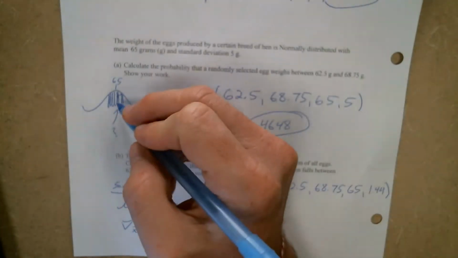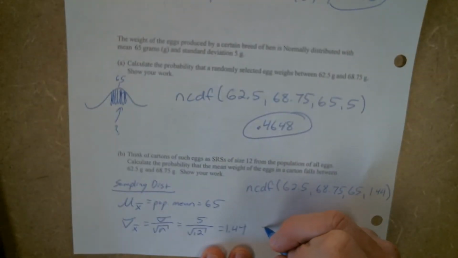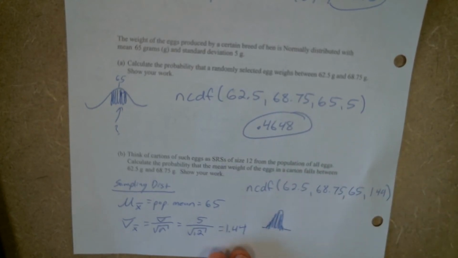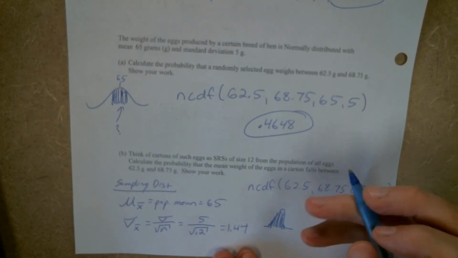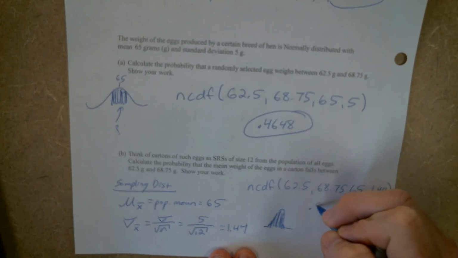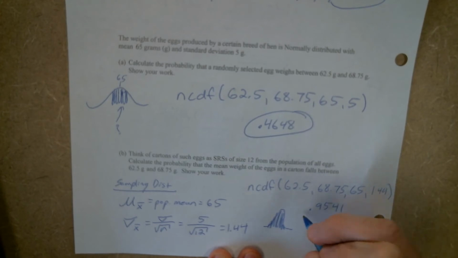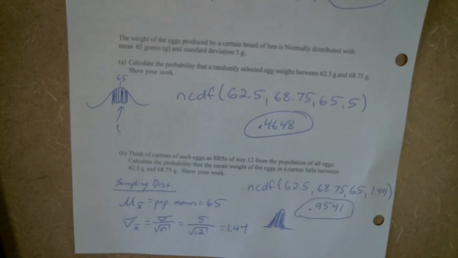If that was our original curve, our new curve is much more narrow, but since we're still going out to those same values, we're now capturing a much greater percentage of it. So this is going to be 0.9541, which is your final answer,